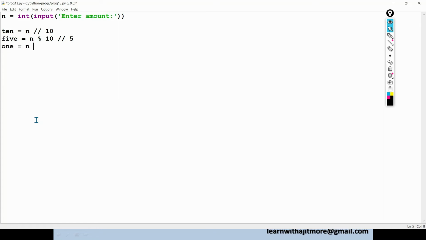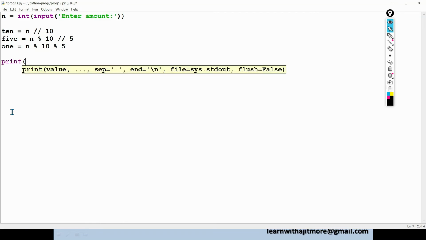What you'll do is n modulo 10, whatever amount you get, that is 78 modulo 10 is 8, and 8 modulo 5. So 8 modulo 5 is 3. The last 1 rupee will be 3 notes. Now we will just print it. Okay, what will print? 10